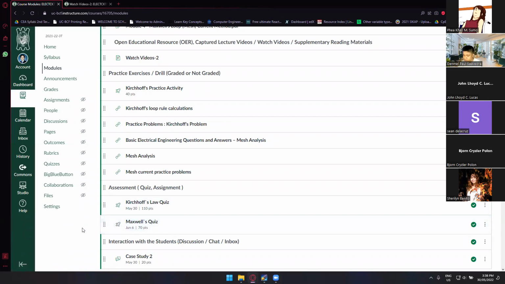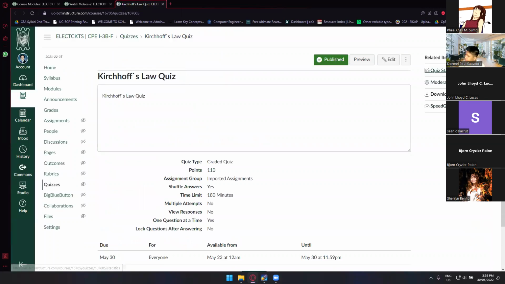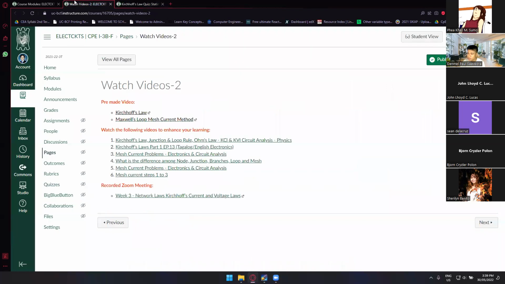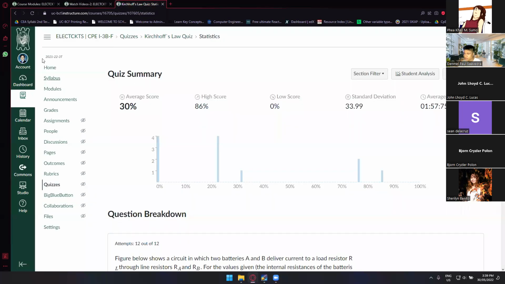So one more thing that I will do for today is, let me show this one to you guys. So the highest is 86%. That's good news for me. However, we have some low scores, which is maybe 0 out of the total score, which is 110, and some got a score of, let's see, 25, 35, which is of course not a passing score. So what I will do is,